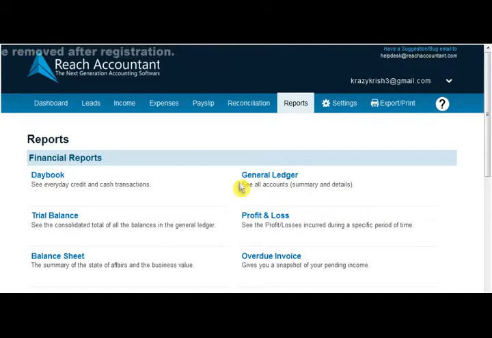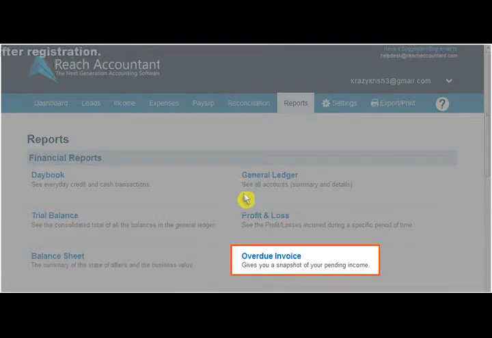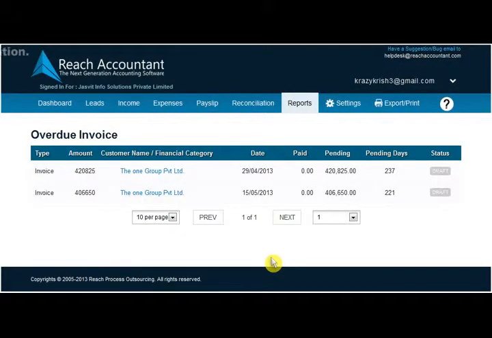Go to Reports tab and click Overdue Invoice. A summary report with type of invoice, amount outstanding from customer, name of customer, date of invoice raised, status, balance pending amount with total outstanding days due is shown here.